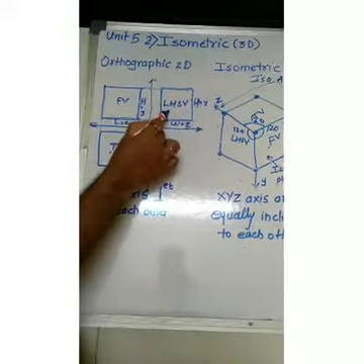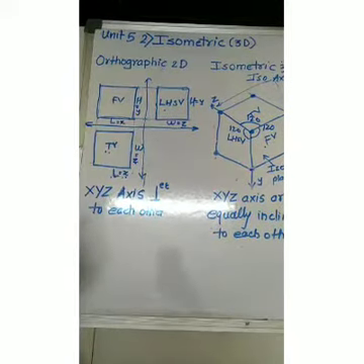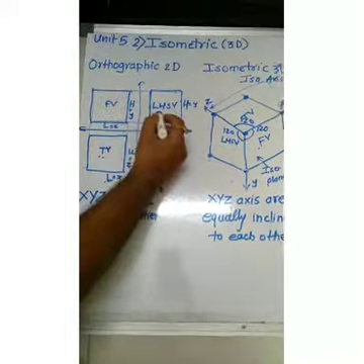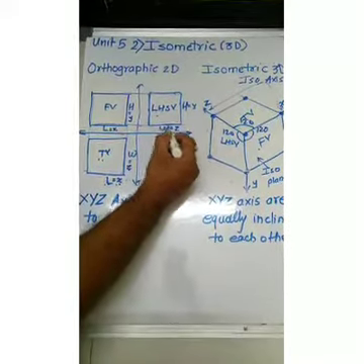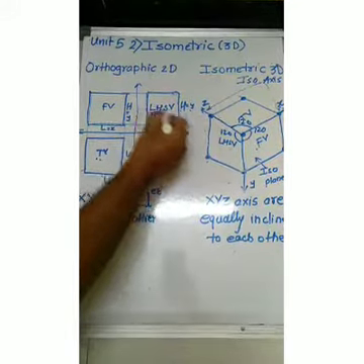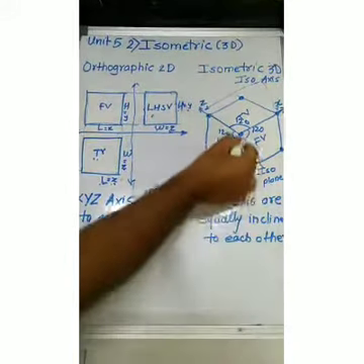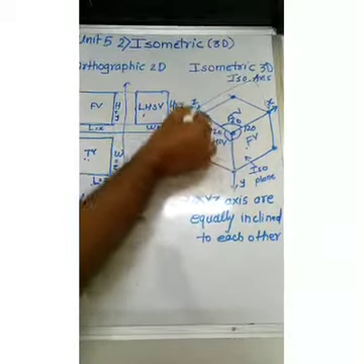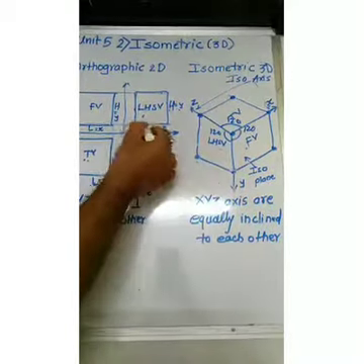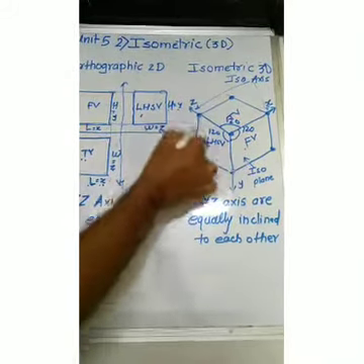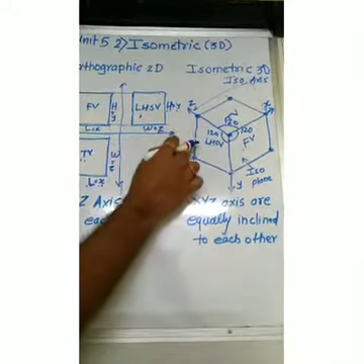Now this is your left hand side view, observing from the left direction. In case of left hand side view you can see the width, that is z axis, and height, that is y axis. So you have to plot the left hand side view in between height, that is y axis, and width, that is z axis. So in between these two axes you have to plot the left hand side view. That's why the position of the side view is like that, and this is the left hand side view.